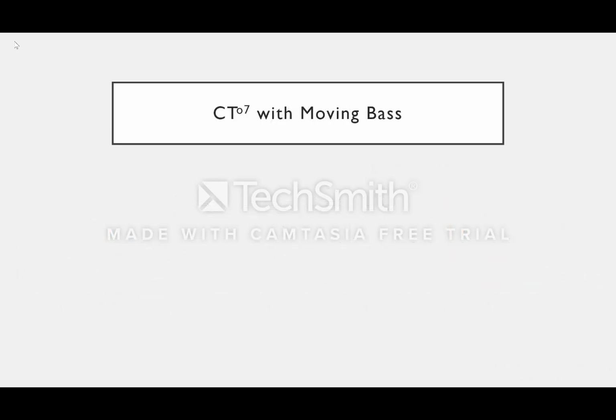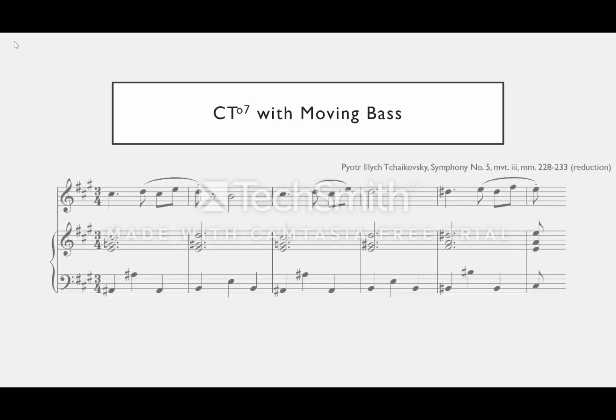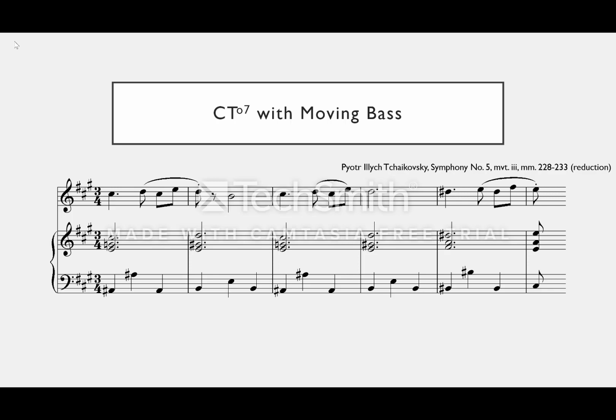In the Brahms example, the common tone was held in the bass, which made it rather clear what was happening harmonically. While this is common, it isn't always the case. So for our next example, we'll look at this excerpt from Tchaikovsky's Fifth Symphony. The section is in A major. The first chord here, with A sharp, C sharp, E, and G, appears at first glance like a 7 diminished